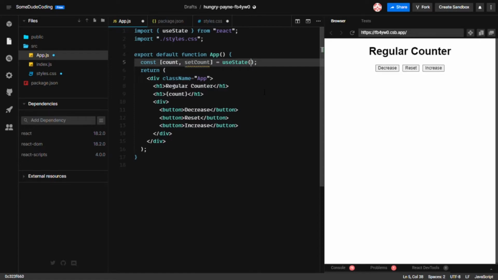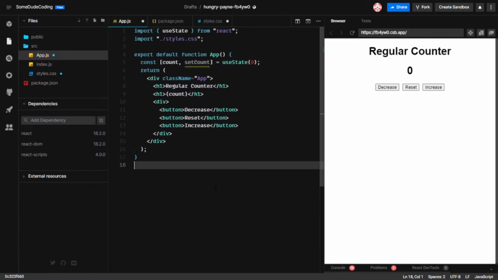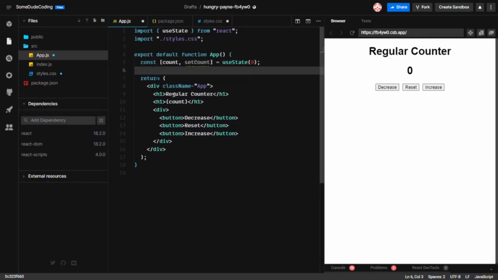So for example, if I remove it, there's nothing. If I put 5, it will display 5. But that's not how we want to display it. We want, when we click on any of these buttons, to either decrease, increase, or reset the count to 0, right? So let's go ahead and create a new